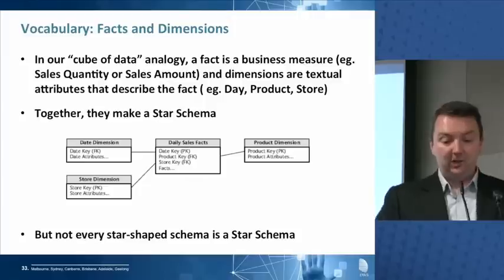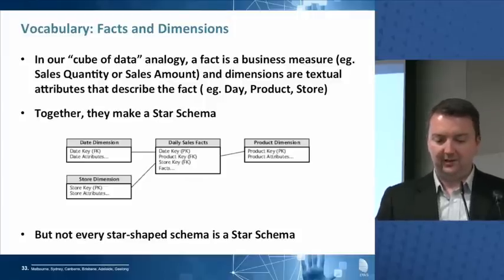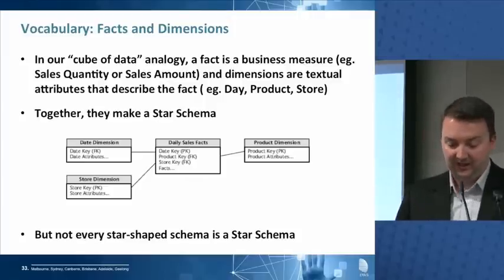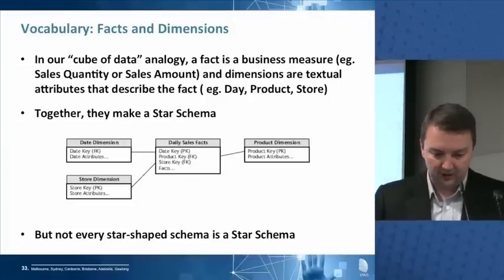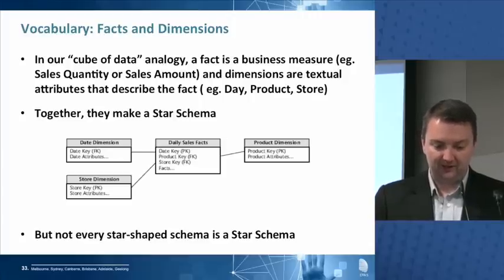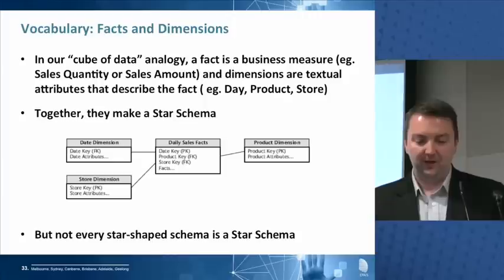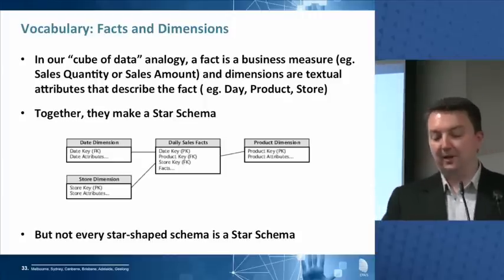Right, dimensional model, on the other hand, that's nice and easy, isn't it? That's a picture of a pretty standard dimensional model. In fact, what have I missed there? Customer, of course. So I've got product, I've got location, I've got date. I didn't put customer on. I may have cut and pasted this.